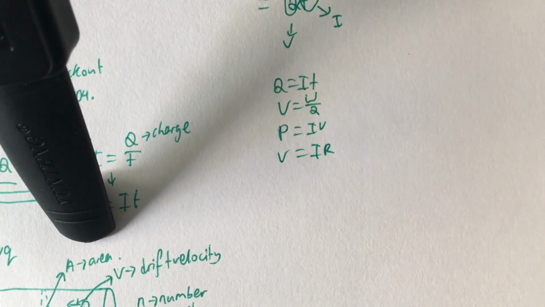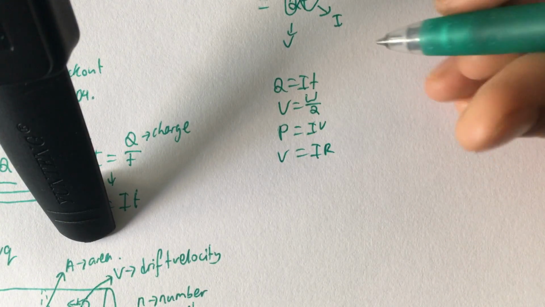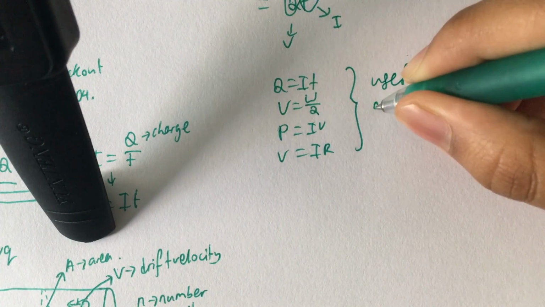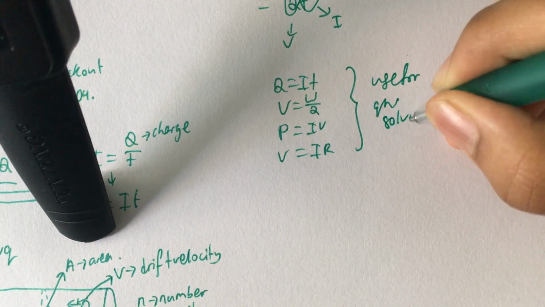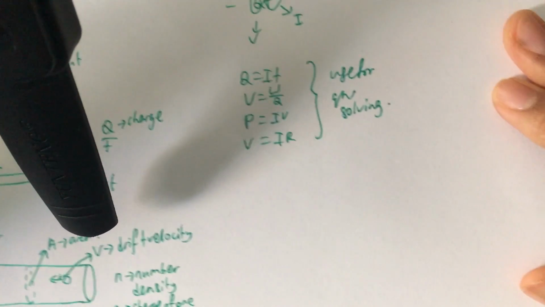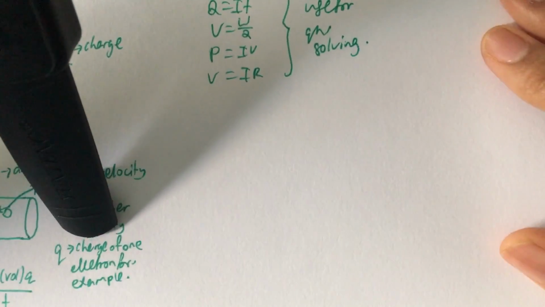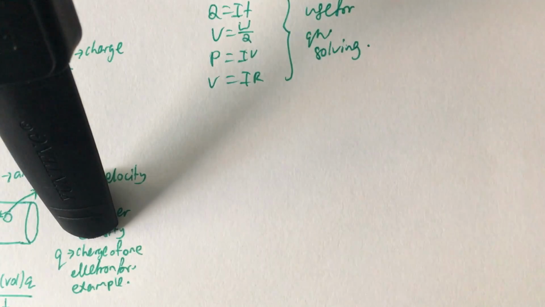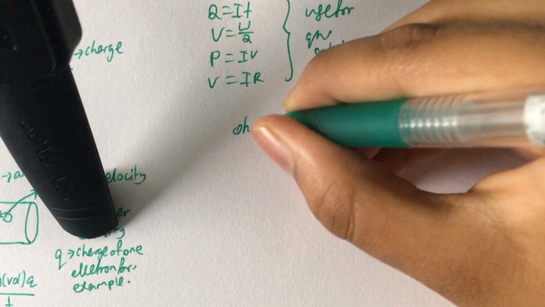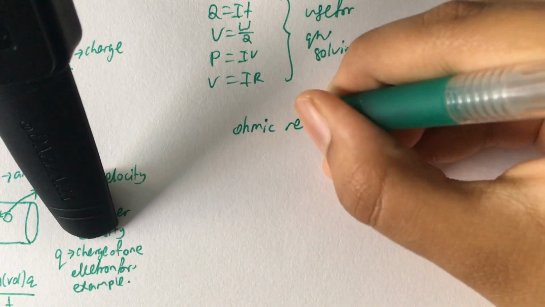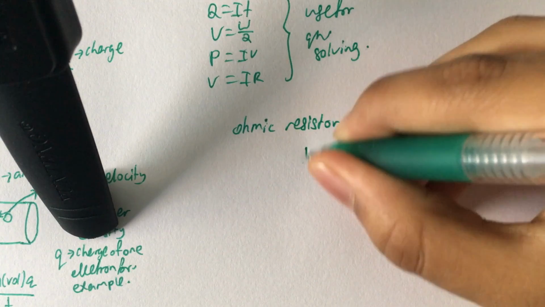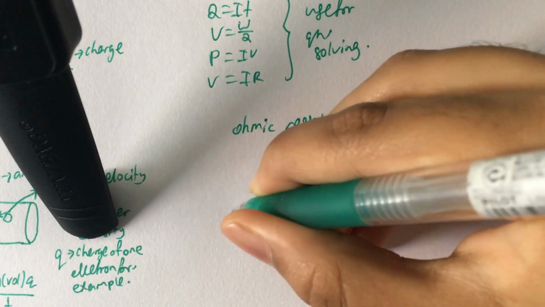So the next point is about the IV characteristics of various electrical components. This is pretty interesting because finally you see some visuals. The stuff that we have here is an ohmic resistor, a semiconductor diode, a filament lamp, and a negative temperature coefficient thermistor. Okay, so in an ohmic resistor, a resistor that follows Ohm's law, which is V equals IR,